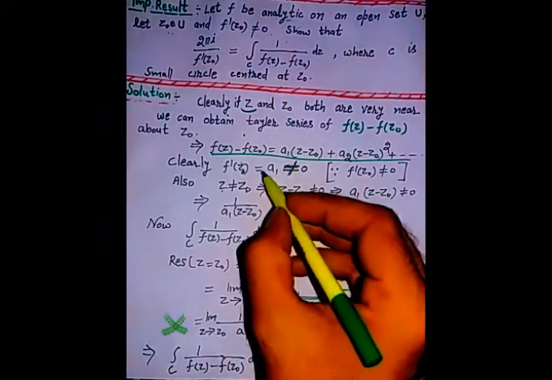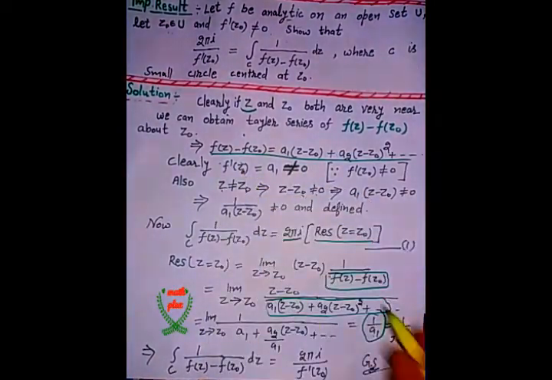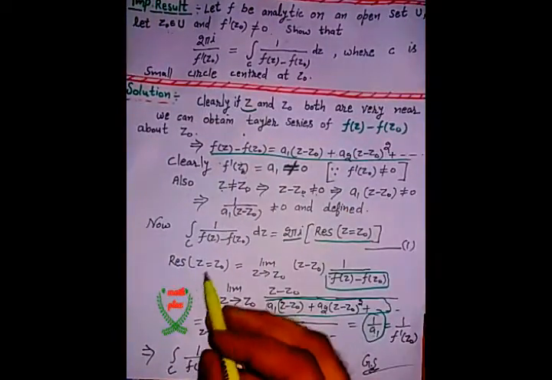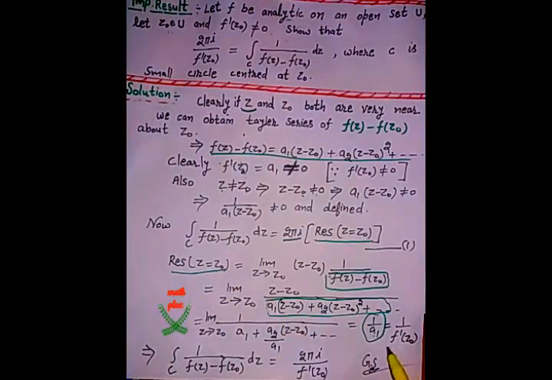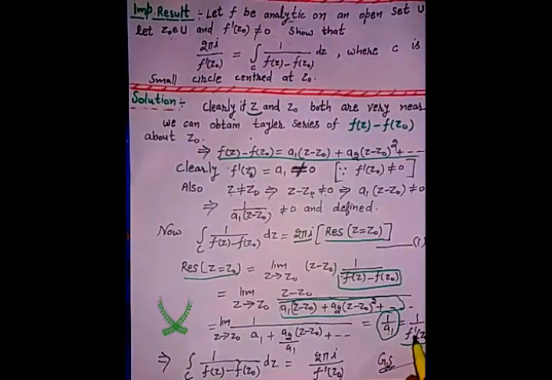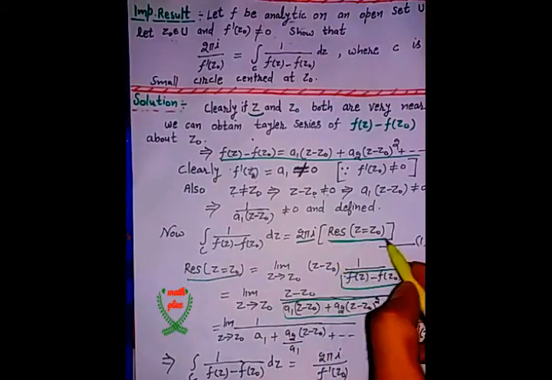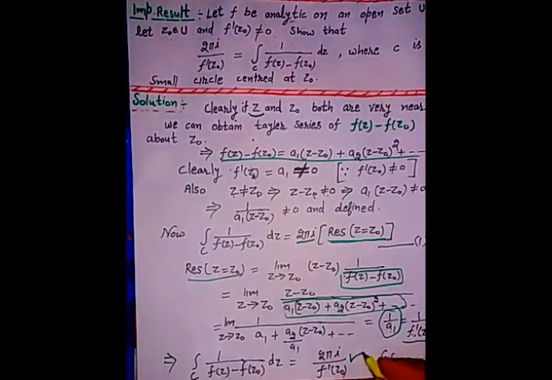The value of a1 is f dash z0, as we have calculated. So the answer of this residue is 1 over f dash z0. Then put this value here. So we have